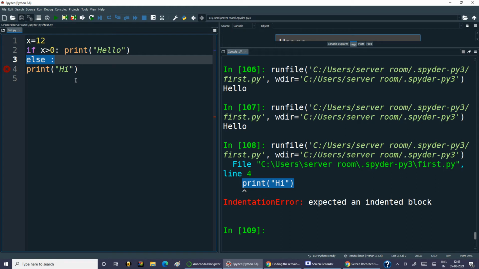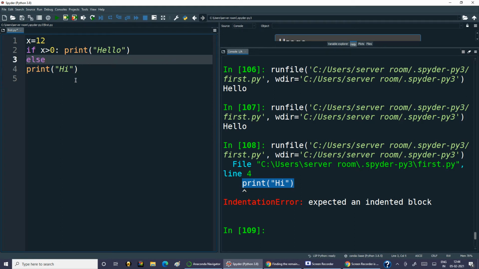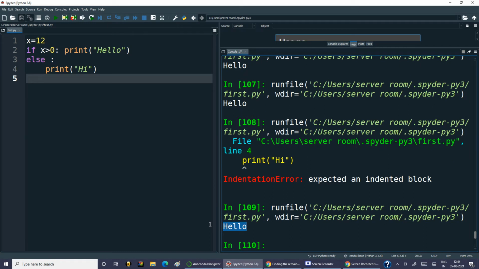When we are writing this else, in Python we will not use braces. So this is not like using a brace and then writing print in this else. We are not using braces. So what we need to do, we need to mark using indent. Indent means you will give some space here. So I have pressed tab. Now this print statement is within this else. So this indentation itself makes a block for else. We need not use braces like C programming. So if I run this, this will give me output hello.